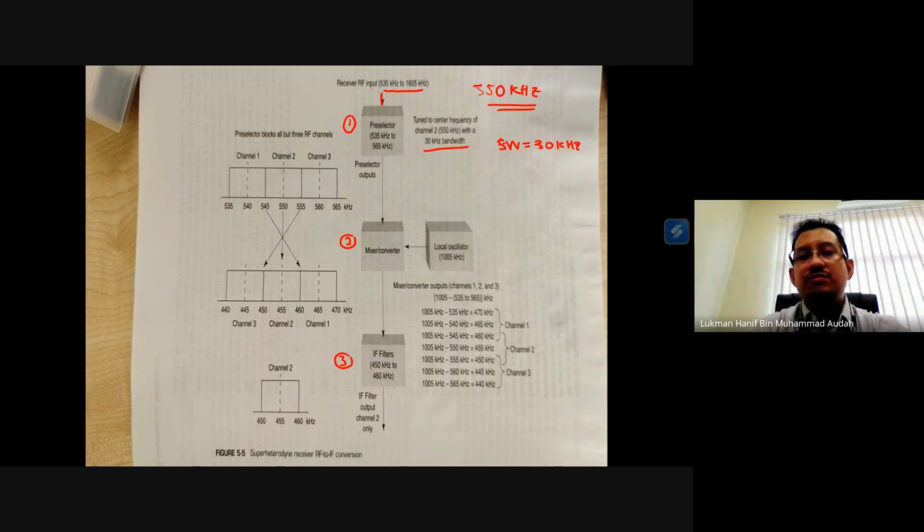That means the preselector will limit the amount of frequencies that it will let pass through. So if I draw the frequency spectrum, from 535 until 1605,